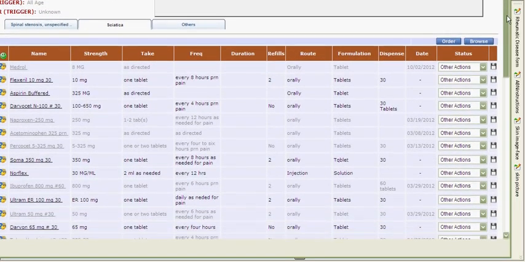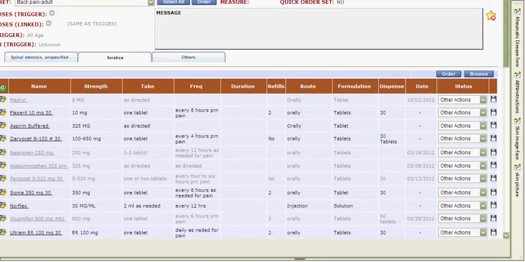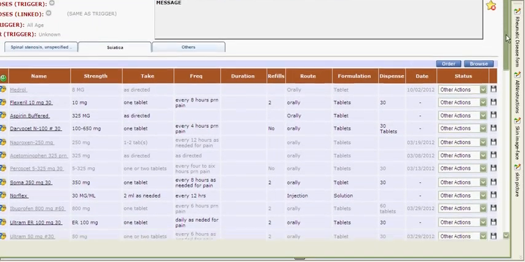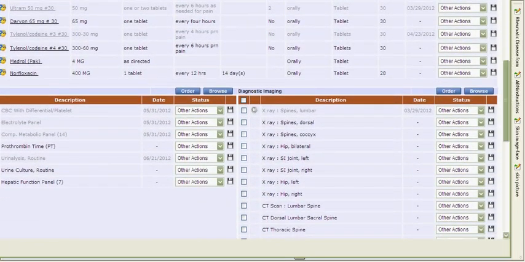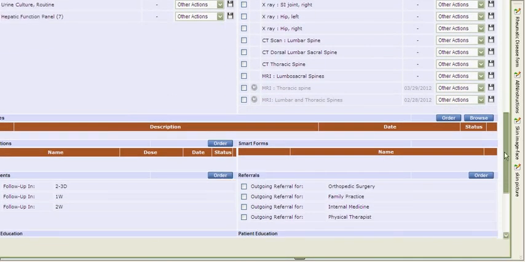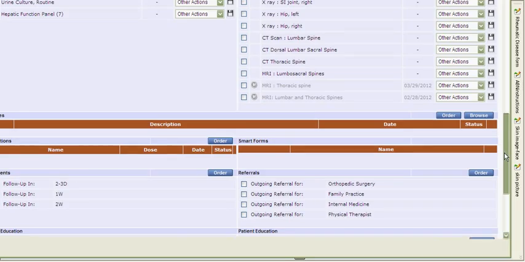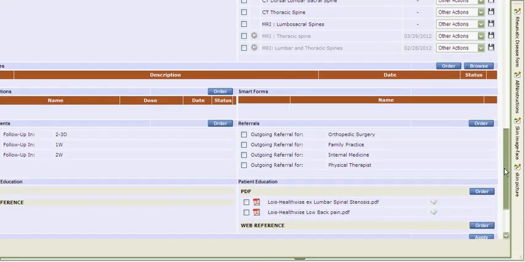If I scan through my order set, I can see it's already triggering back pain, so eClinicalWorks has already recognized that diagnosis was associated with an order set. Let's go ahead and add that Medrol dose pack today. I'll put a click by that. Maybe we want to order a lab or two. We'll click a couple examples. Maybe we like that X-ray, and further down to the bottom, if we need to do any procedures, injections, immunizations,